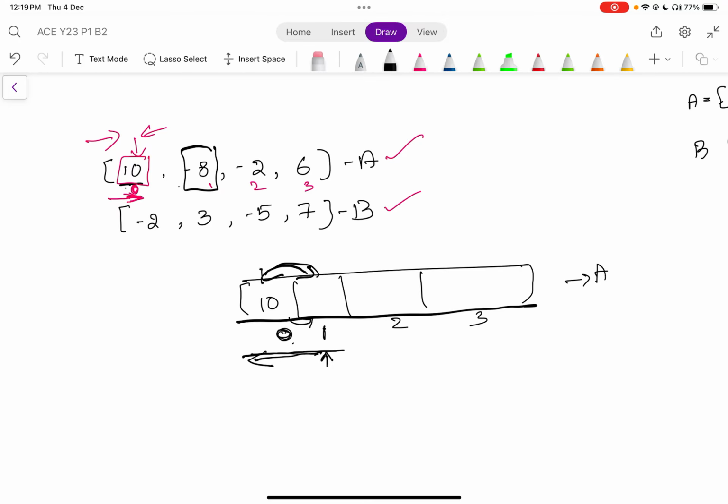So here I have already -8. By including this one, I will get 2, which is more maximum with the current element, I can say, right? So by including the first index with the previous one, I will get 2. Let's say, for example, instead of this -8, if I have 100,